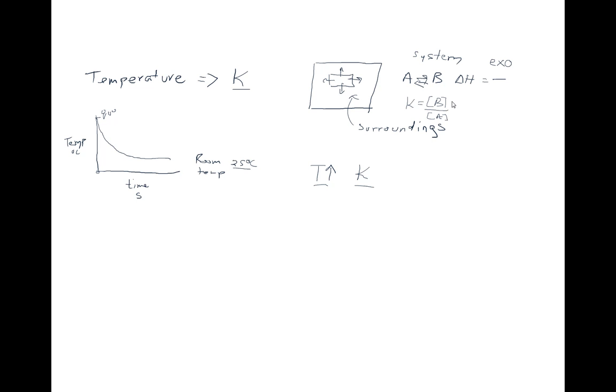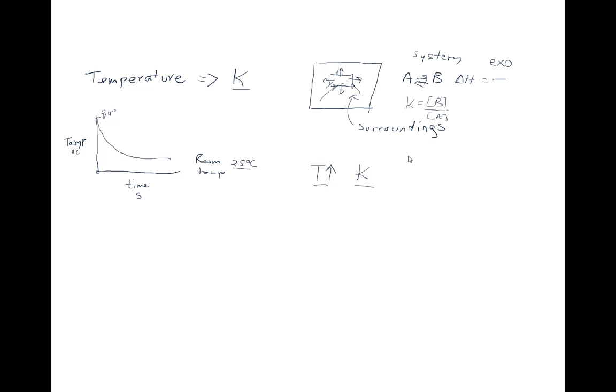We raise the temperature. If we raise the temperature, it's going to be harder for this system to release the heat to the surroundings, right? Because if the surroundings are higher in temperature than the system, the heat will want to flow this way, right? So if the temperature was higher than the system, and heat starts to flow into the system,